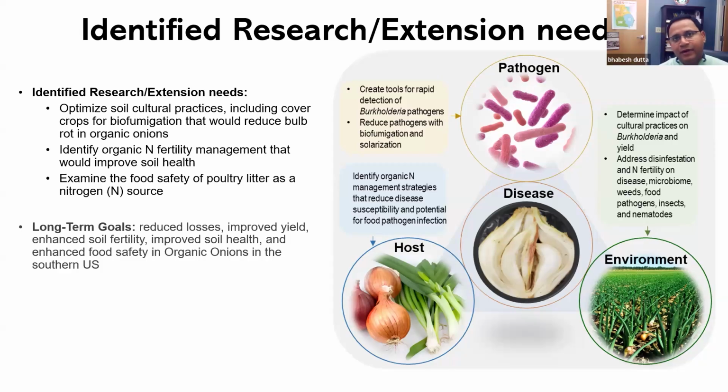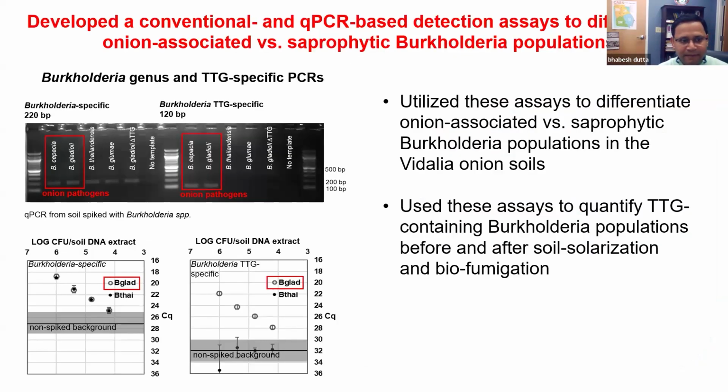Sure. As I mentioned, one of the important bottlenecks in studying these cultural practices is that we are not able to measure their impact on the Burkholderia population. The reason being, in the soil environment, we have saprophytic Burkholderia as well as Burkholderia that are associated with onions. So when you do those cultural practices, we are not sure which bacterial population we are actually impacting. So through this project, we have developed a tool based on PCR, or polymerase chain reaction, where we found certain markers in onion-associated Burkholderia, and using those markers, we developed assays, both conventional PCR-based and also quantitative PCR-based, to quantify the impact of those cultural practices on onion-associated